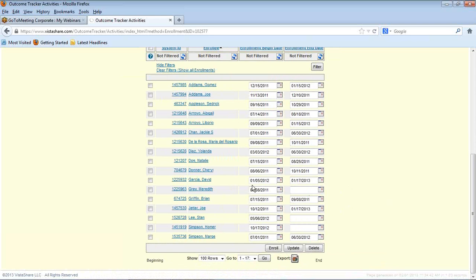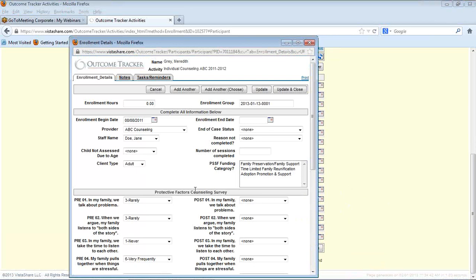Another way, like I said before, would be entering your post-test answers. In this case, Meredith, great. I know that I'm going to close her out, so I'm going to click and enter the enrollment end date. And for this purpose, I will do October the 1st of 2011. The case status will be completed because Meredith did complete the service, and I'm going to say that she attended 5 sessions again,